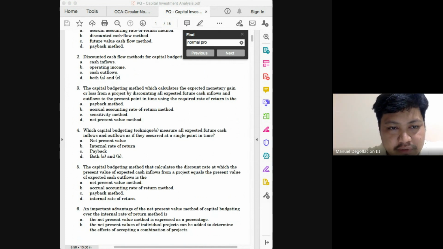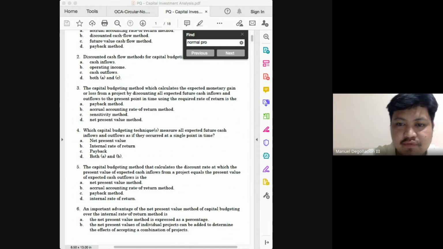Number four, which capital budgeting techniques measure all expected future inflows and outflows as if they occurred at a single point in time. So again, this is another description of your net present value. Okay, but this will not just be your net present value. Your answer here would be letter D, both A and B, because in the internal rate of return,